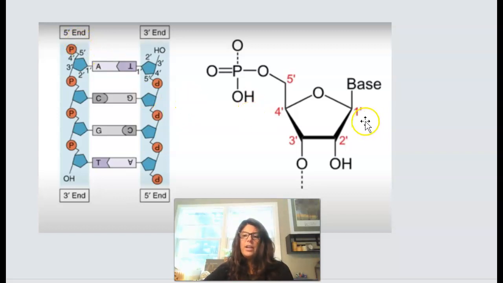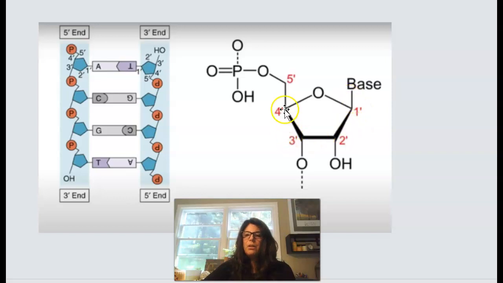So just out of curiosity, where do we get the 5 and the 3 from? Well, scientists label carbon compounds, which sugar is a carbon compound. They label the different carbons that are involved in it. So here's a carbon, we label it 1, 2, 3, 4, and 5. In this case, the carbon that's labeled 1 is going to be attached to the nitrogen base. And then the next carbons are going to be ordered clockwise, just filling in the numbers, 1, 2, 3, 4,